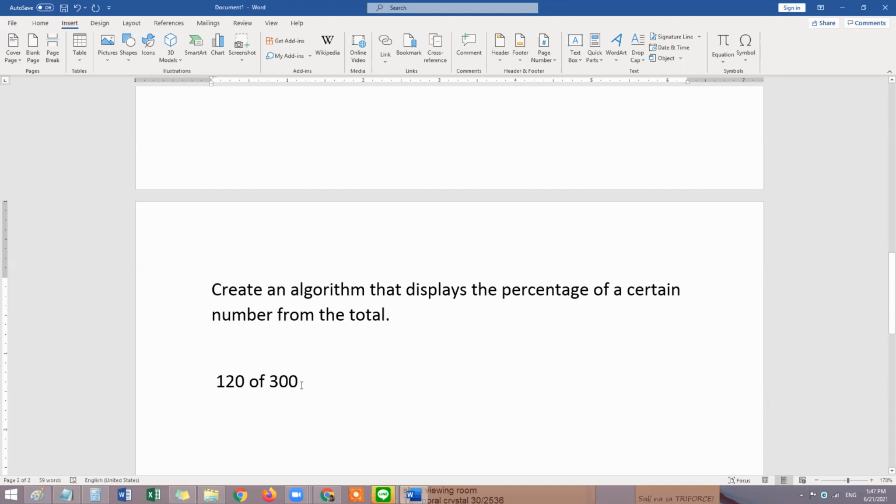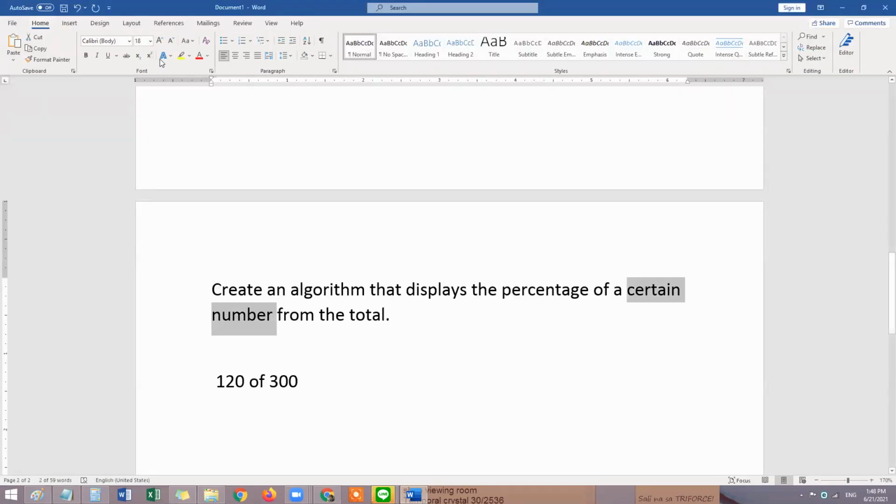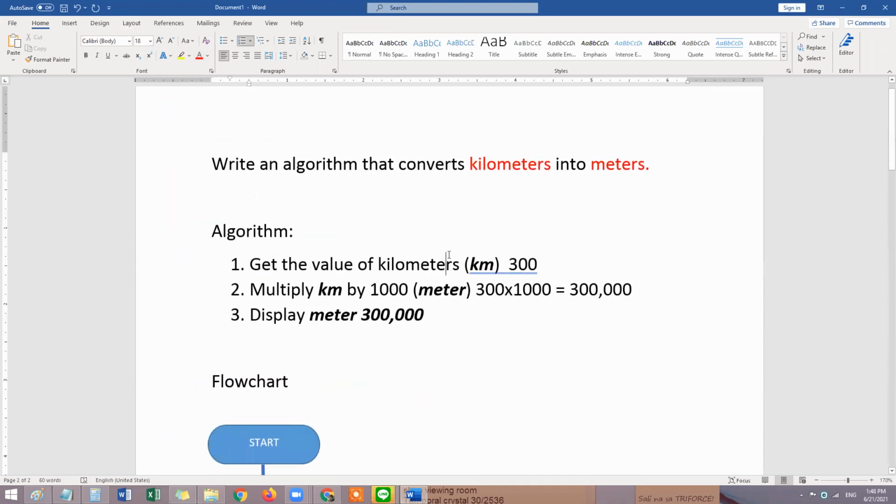That's an example, okay? So the things that you need to get are a certain number and the total number. This certain number, for example, is 120, and the total is, for example, 300. So you need to find the percentage. Okay? You need to do an algorithm like this. Get the value